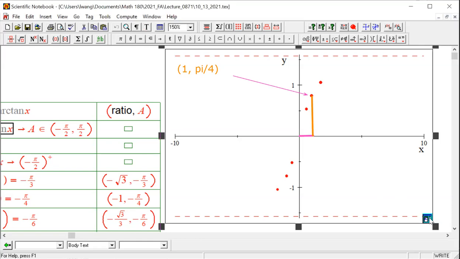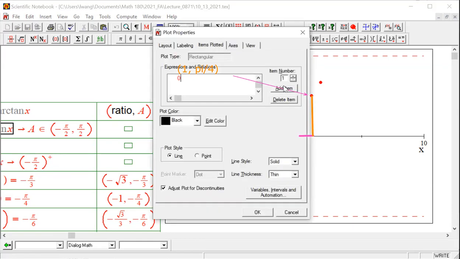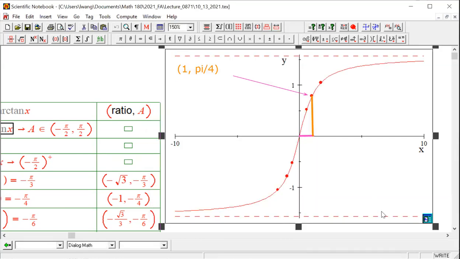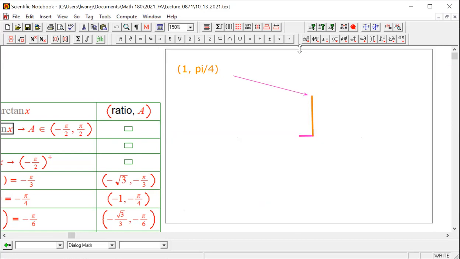Arctangent? Arctan. I'm gonna make it red. That's the arctangent curve. Yeah? I'm very certain you're going to use this curve in calculus. Okay. All right. So without further ado,